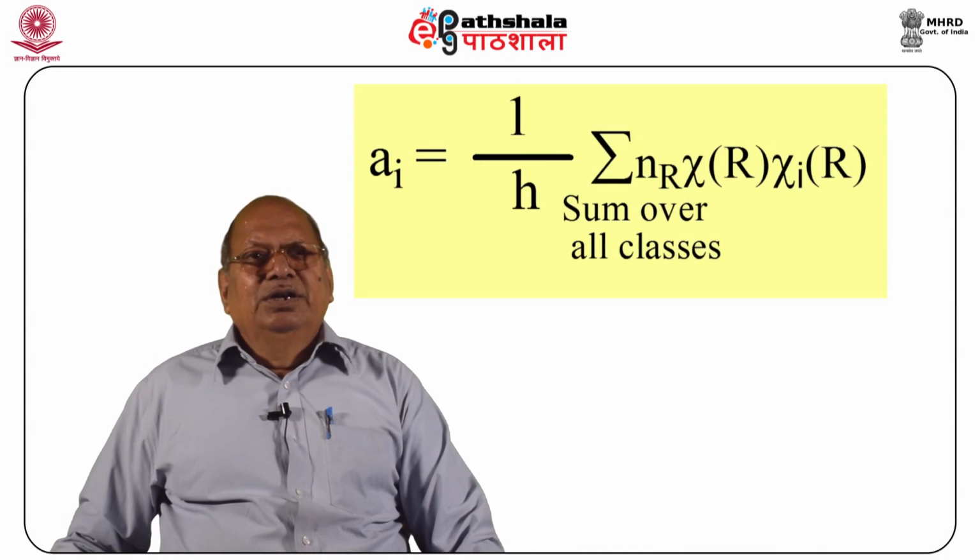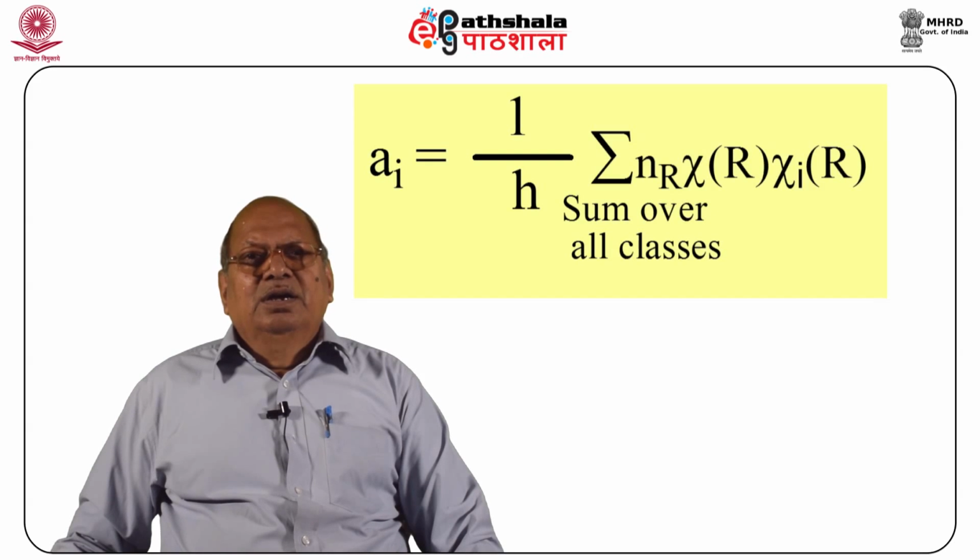It says a_i is equal to 1 upon h, summation n_R chi_R, that is, summation over all classes, where h is the order of the group to which the irreducible representation belongs, n_R the number of operations in a class, chi_R the character of operation R in the reducible representation, and chi_i(R) the character for operation R